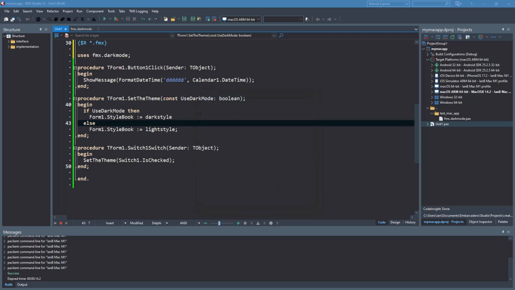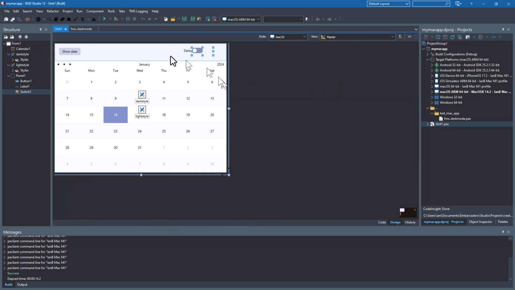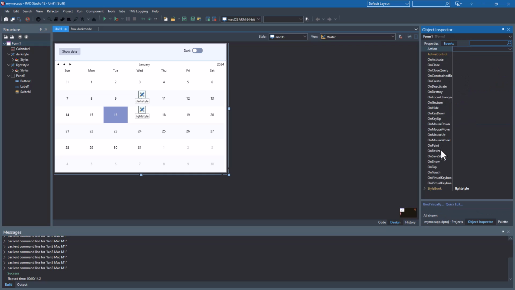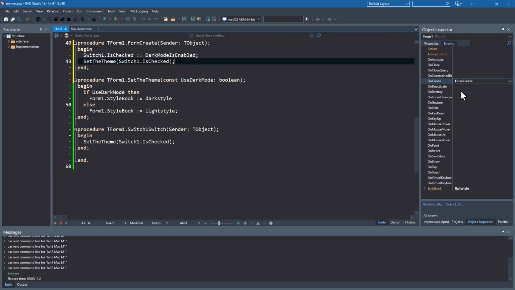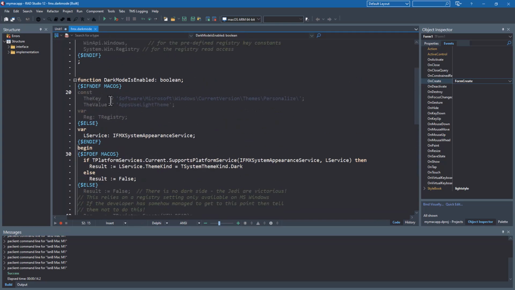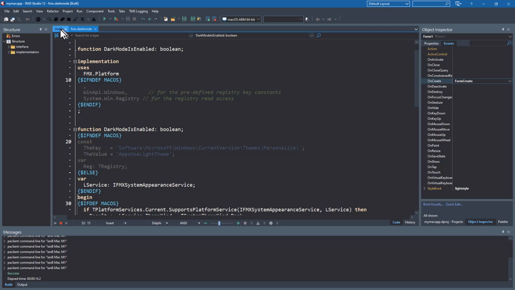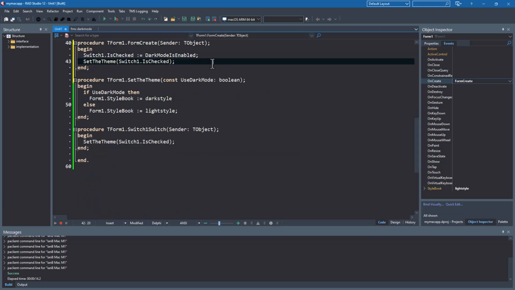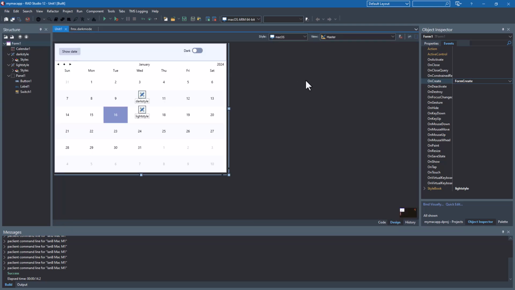Okay, and then if I go down into the form create, so if I do this and then again select the form itself, and in the form create event, which is here, all I need to do now is call that function that says dark mode is enabled, which is this. And if dark mode is enabled, it will then set the theme depending on whatever the default value of the theme is. So if we start off and we can see it's light, if I now run the app,